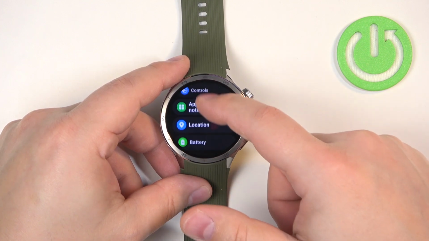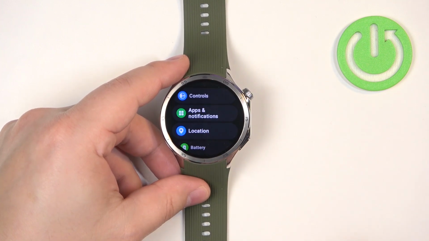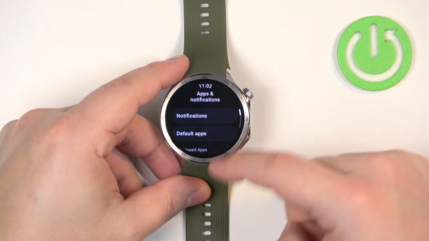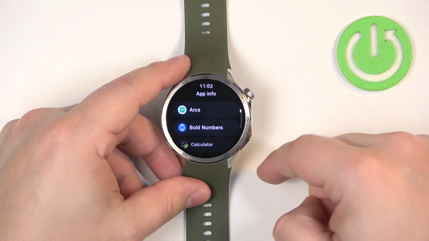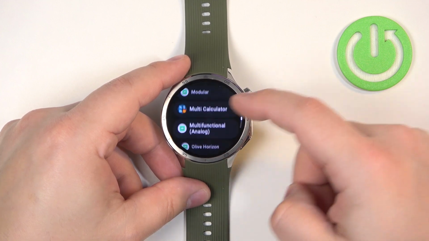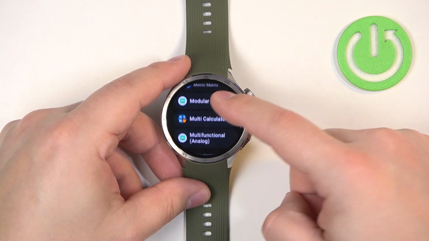In settings, scroll through the menu and look for the option called apps and notifications and tap on it, and here find the option called App Info and select it. And now you can scroll through the list, look for the application you want to uninstall, and once you find